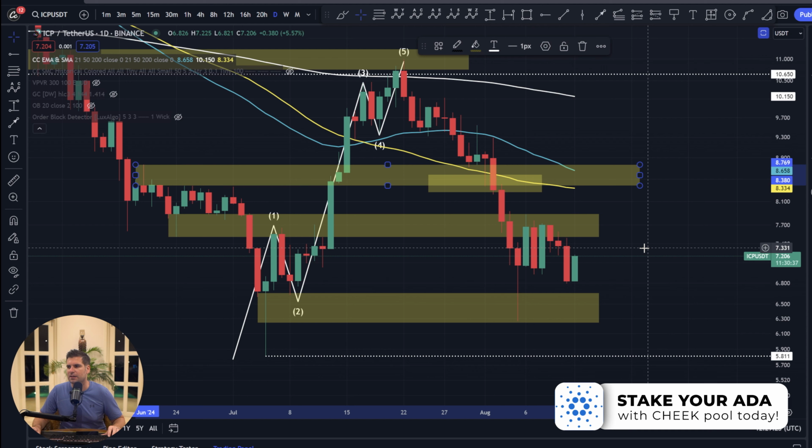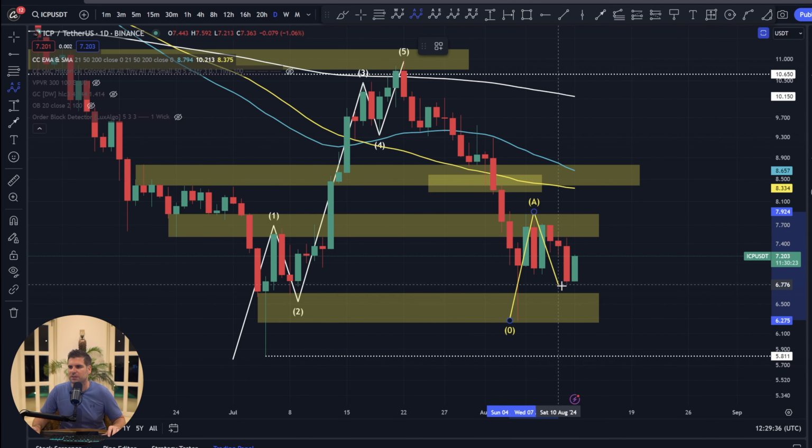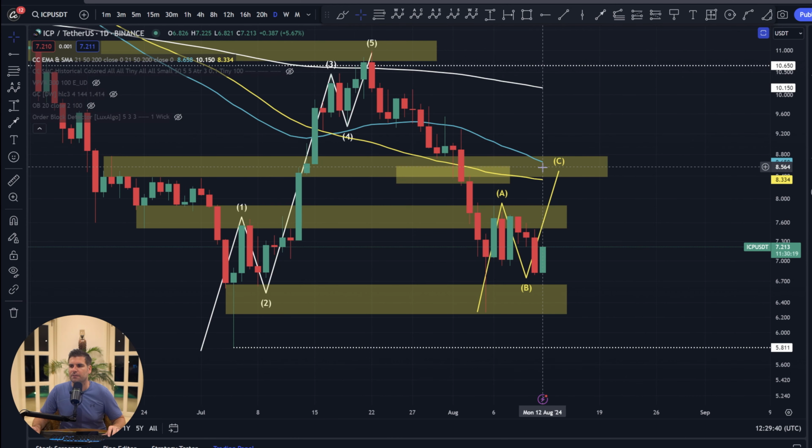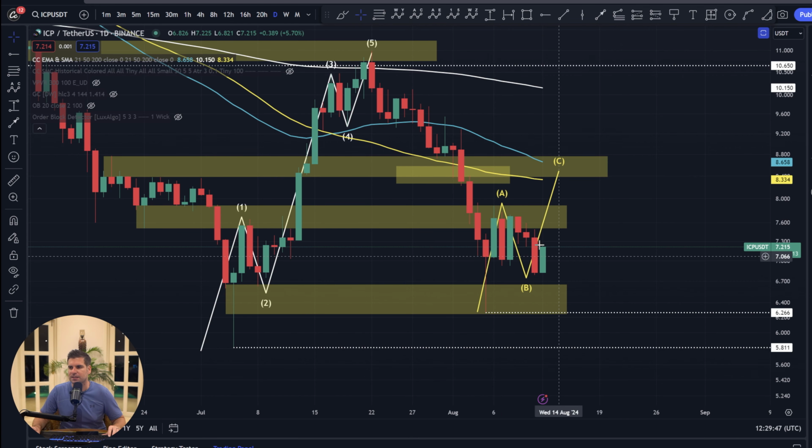Okay, so this area is between $8.38 and $8.769. This area was a previous resistance. We broke through it, we tried to turn it to support, and then we lost it. And this is the area that we're looking for a three-wave pattern to potentially find more resistance on, as you can see right here. Now, if we drop down lower than the previous swing low, coming in right down here at $6.266, then this is invalidated. But until then, this is the next move that is highly probable.